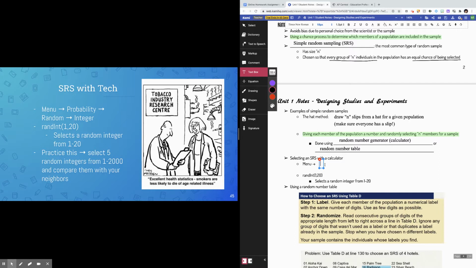Once we get back to school, we'll actually get to play with the calculators and record this. So the path for selecting a simple random sample on a calculator is you do menu, you type probability or click the probability button,